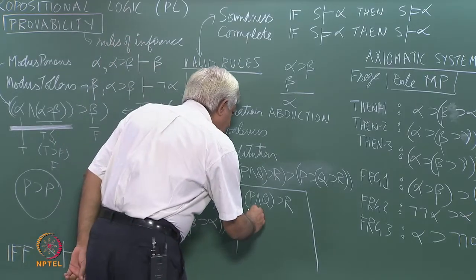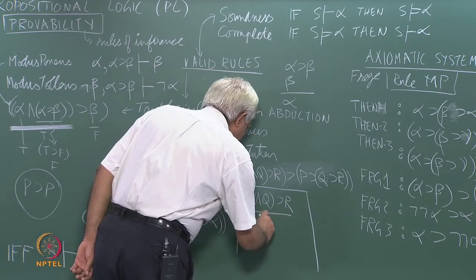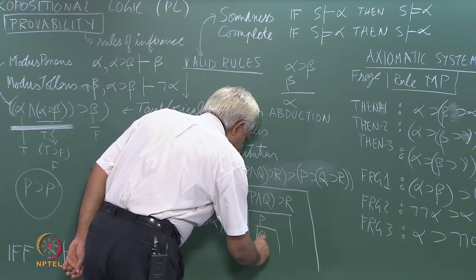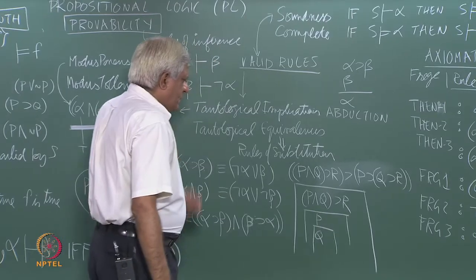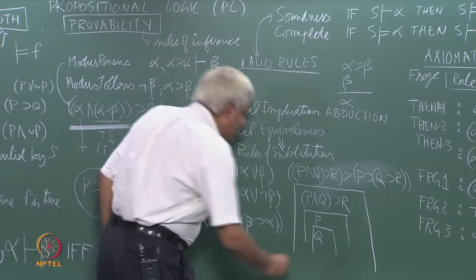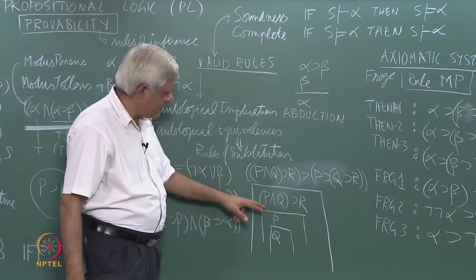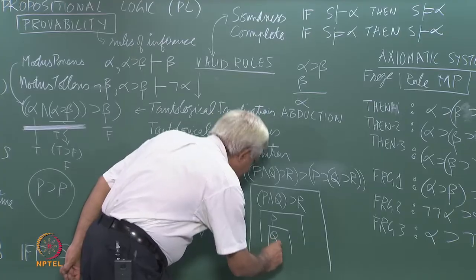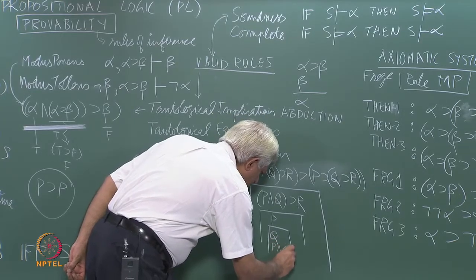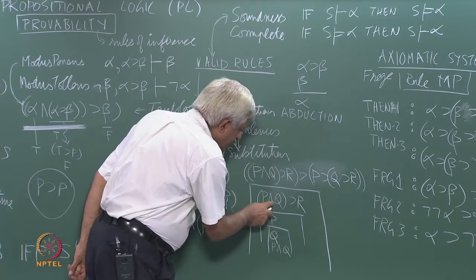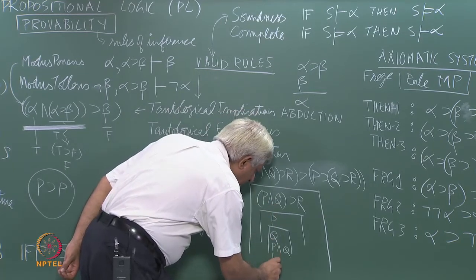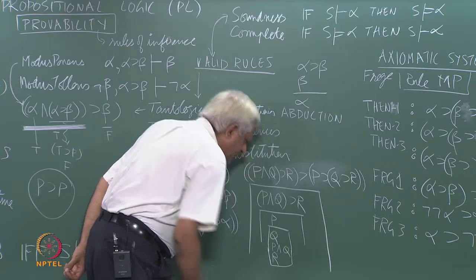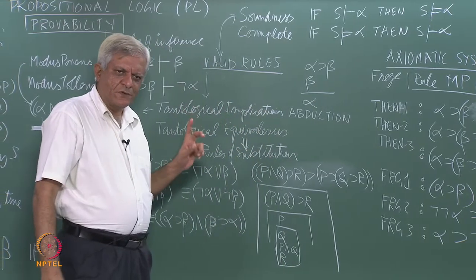Then I make another assumption P, I open another box, and a third assumption Q, in which I open another box, and now I can say, so I have assumed these 3 formulas. Now I can say P and Q, then I can use P and Q and this and apply modus ponens and infer R. Then I can close this box and say, okay, I had made this assumption of Q,